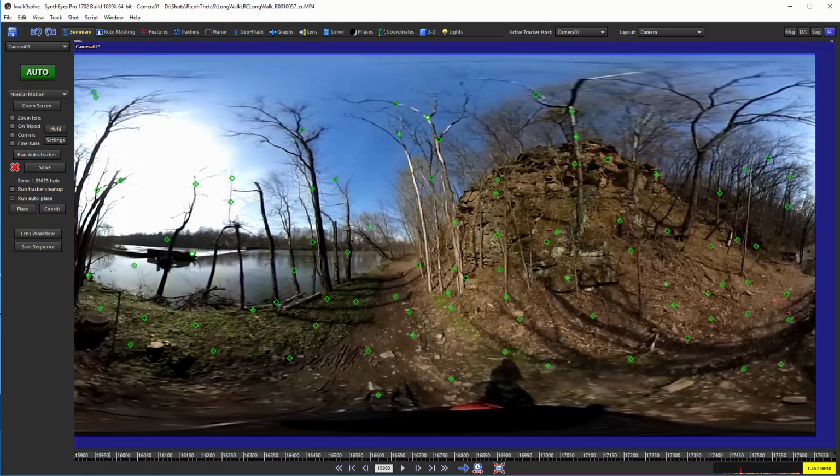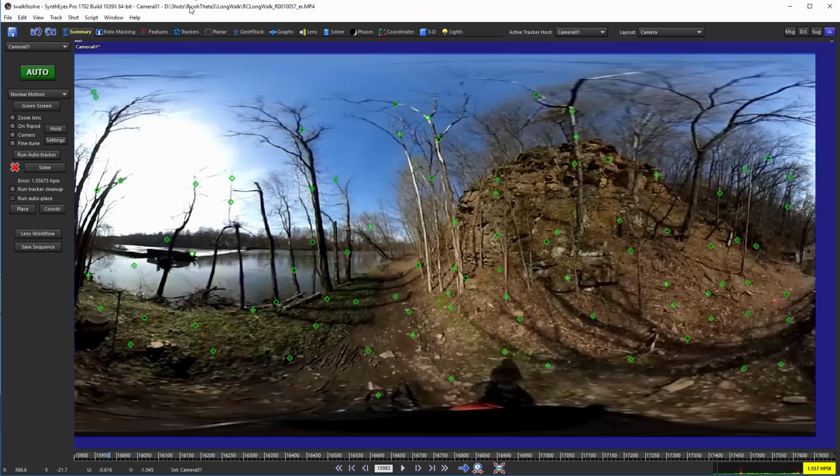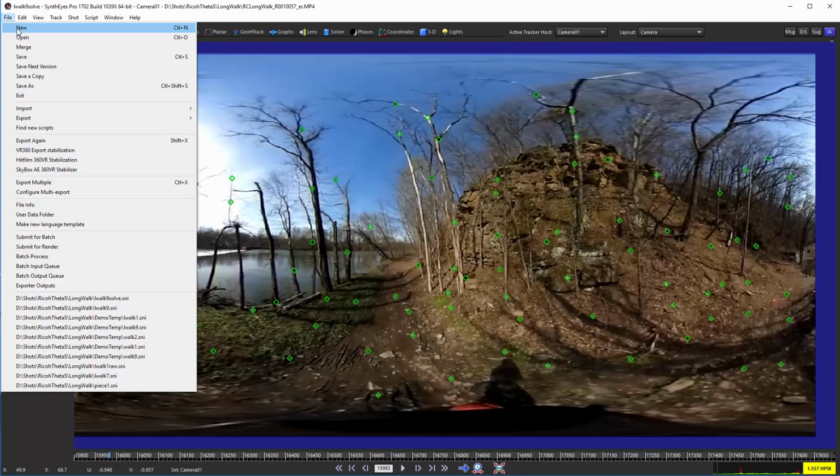Alrighty, so now we've got, again, our whole set of data, and all they did was take the stabilization data and export it from the solve version of the shot. So we've got LWalk 1 through LWalk 9 with the stabilization data for each different section of the shot, and the stabilization has this 100 frame overlap region between them. So at this point we can go back